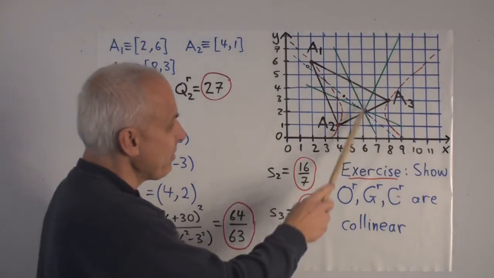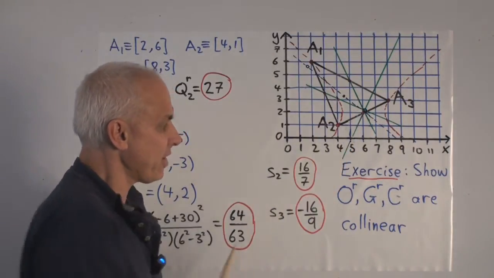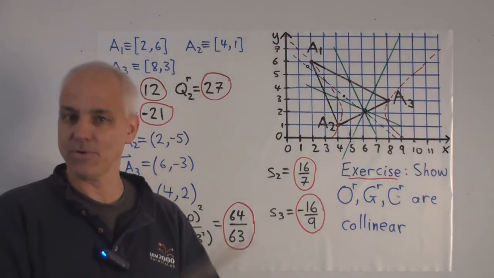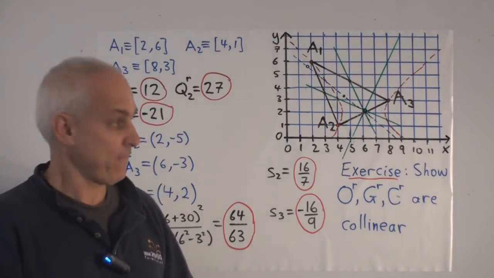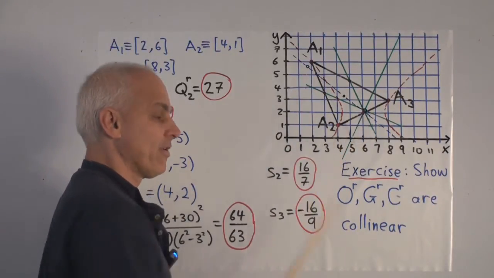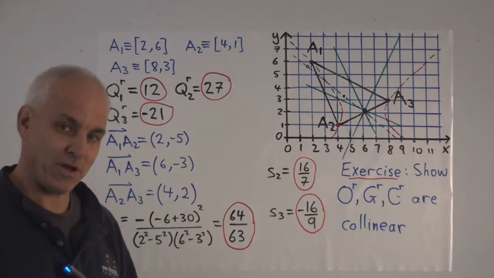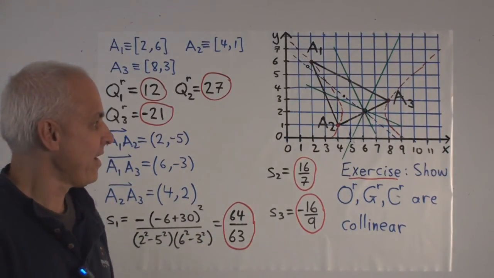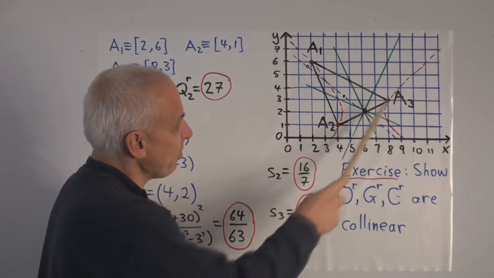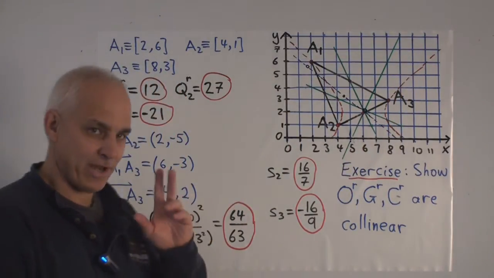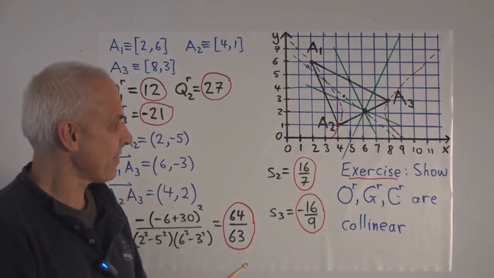And lo and behold, the three perpendicular bisectors meet at this point here, which is the analog of the circumcenter in blue geometry. In fact, it's exactly the center of the unique circle that goes through the 3 points. But a circle has to be interpreted in a red sense. In other words, it becomes a hyperbola. And I've given you an indication of that hyperbola there. We'll talk more about that in later times, but I think it's good to see that already initially.